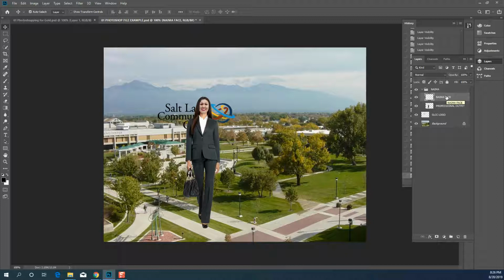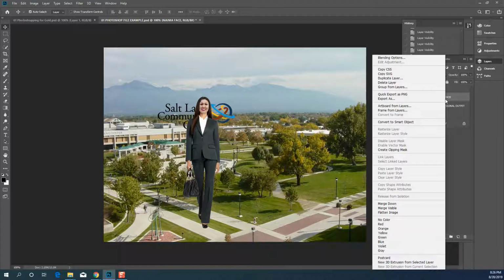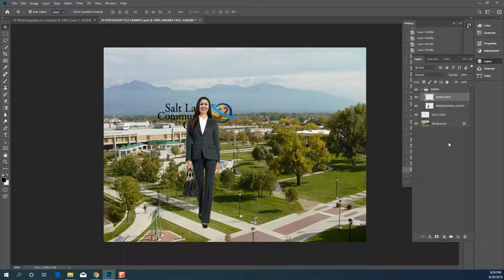So please, please get into the habit of naming your groups, and then also naming your layers too. The thing about a group is that you can collapse it, so you don't see all the layers. If you have like a million layers in something, you can collapse it, kind of pull it down like that. Even though it's in a group, they're not moving together. In order to make things move together, what you'd want to do is link the layers. And in fact, I'm going to hold off on that. We're going to be linking stuff a little bit later. But,